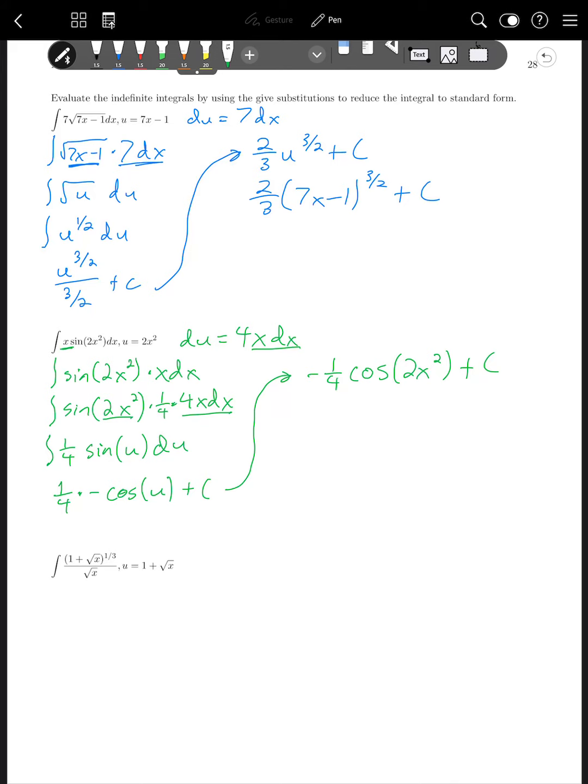And so the way you would check any of these, which I haven't been doing yet, but let's go and point that out here while I'm thinking about it. If you wanted to check this, you would do the derivative. So if I did the derivative of this with respect to x,